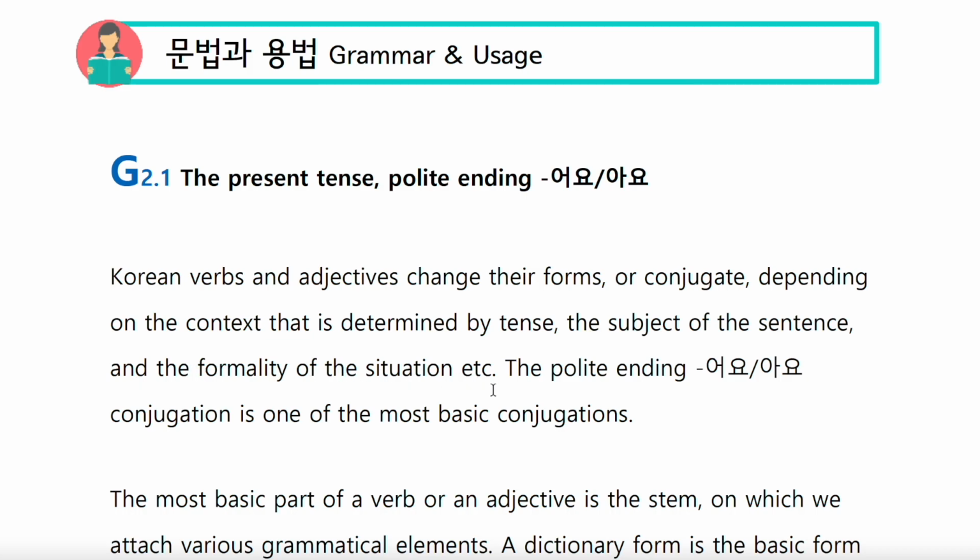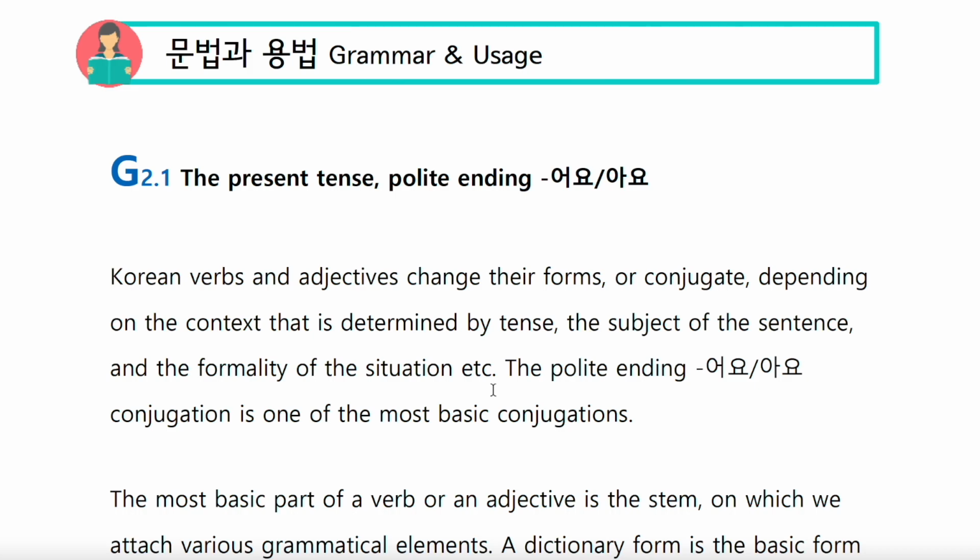If the situation is very formal, like a presentation or job interview, or casual conversation with your friends. So we have to consider tense and the relationship between the speaker and the listener and the situation, something like